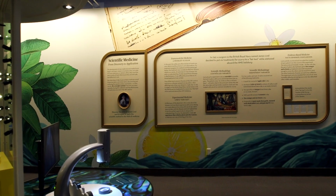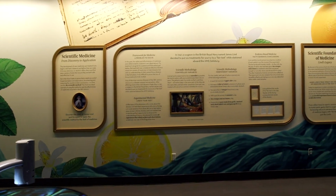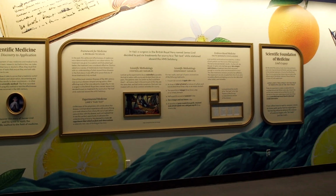So we are in the Life Science Lab at the St. Louis Science Center checking out the new update to our atrium exhibit. Our content here is focused completely on how scientists harness nature to advance healthcare. In this new update, our biggest new addition is going to be the wall mural behind us, telling the story